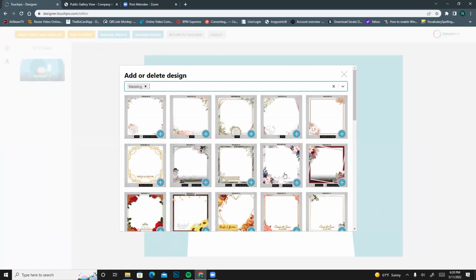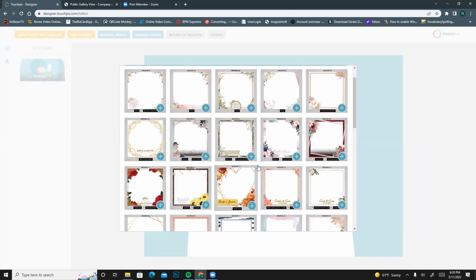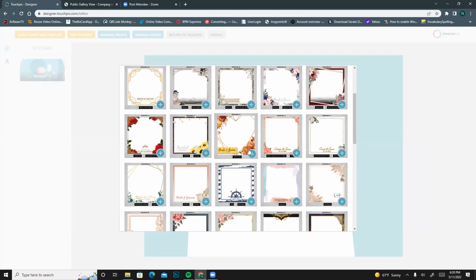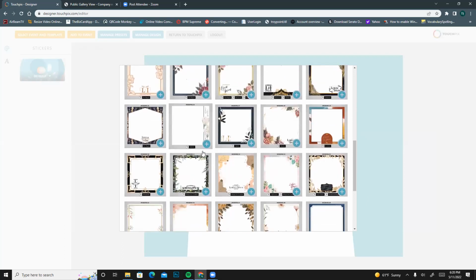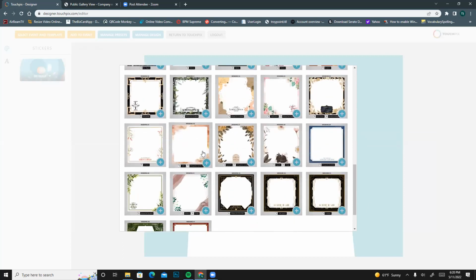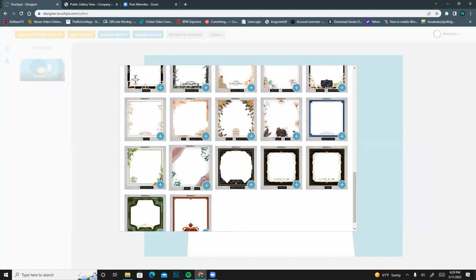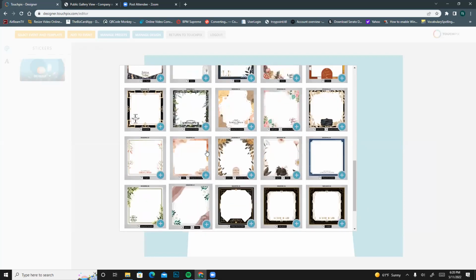It'll focus just on weddings, right? All of these are absolutely free within Touchpix. It'll actually let you edit the words or any of these actual graphics. It'll let you edit, super easy to use. For example, if I'm going to use something for my 360, more than likely, I'm gonna use